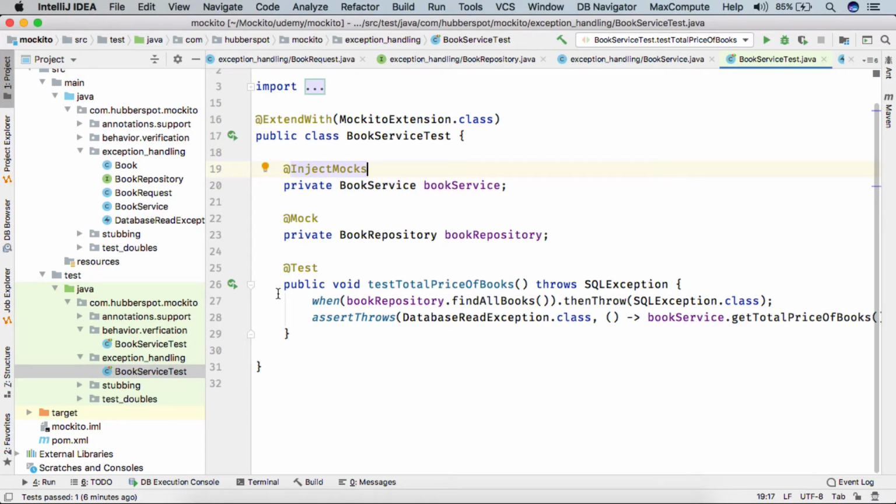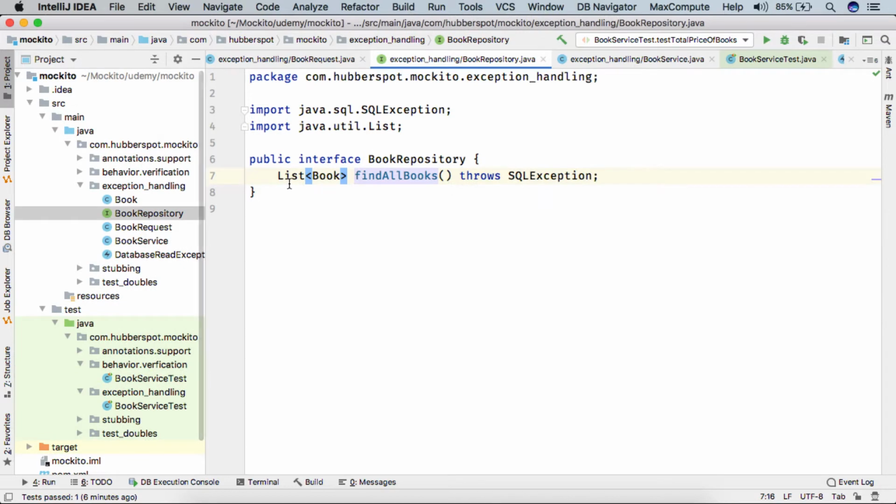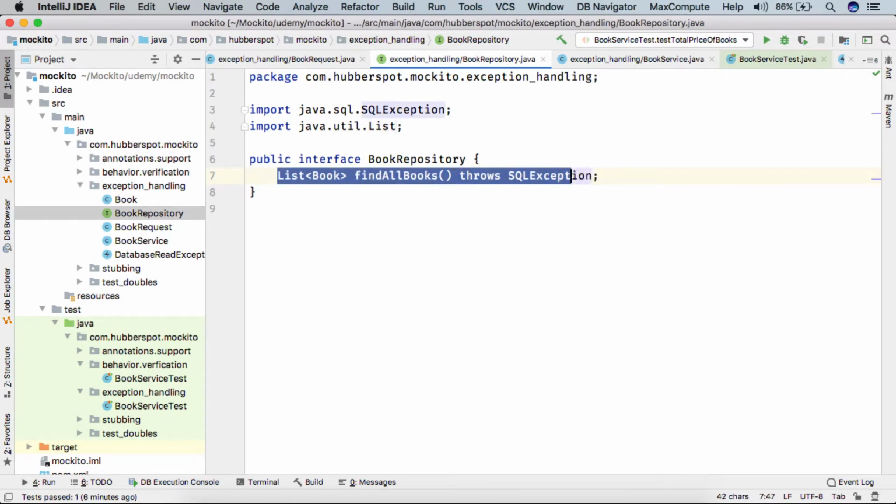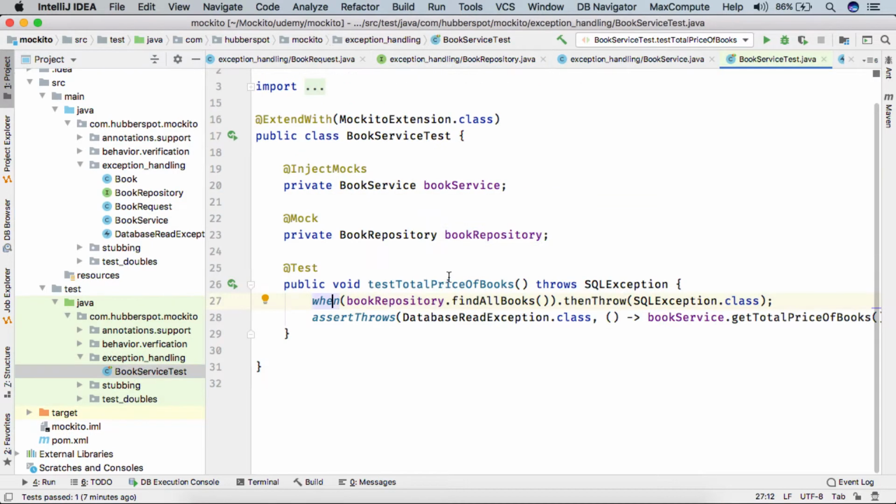So friends, here we saw that we used when and then throw to throw an exception, but if we closely see, findAll books had some return type. So usually when we are dealing with void methods, we can't use when and then throw.